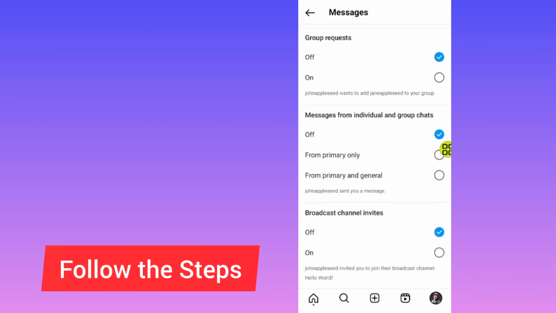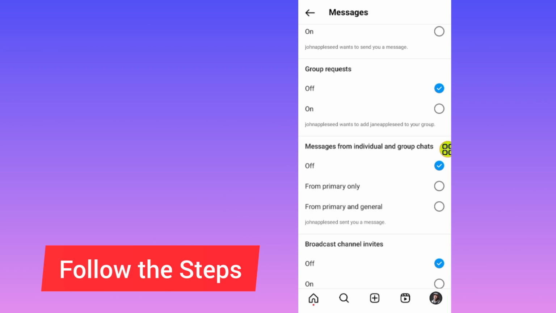Instagram account. Now whoever sends me a message on Instagram, I won't get a notification that someone sent me a message. But if I open my Instagram, I will be able to see his message on my Instagram. That's it guys, on how to turn off messages notification on